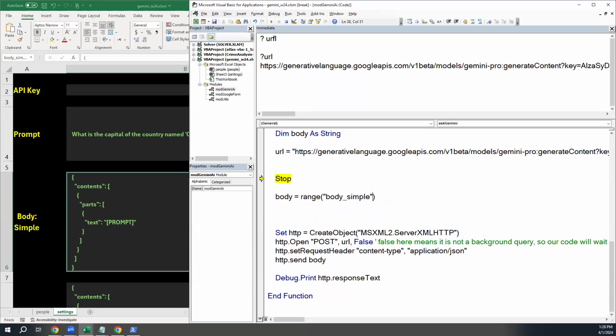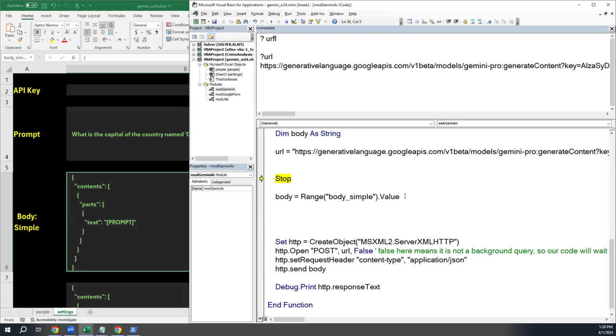Dot value. Now, that has made body equal to exactly the contents in here. I'm going to change it, the next line, body equals what it used to be, replaced. So replace: look at body, look for prompt in capital, and replace it with